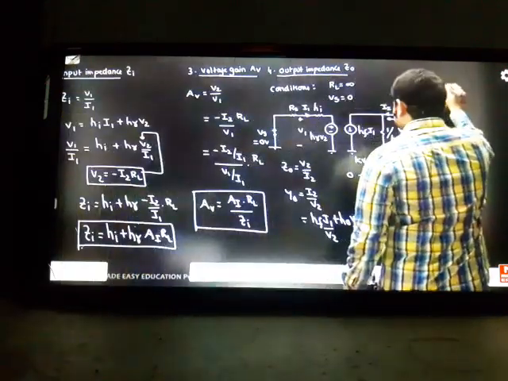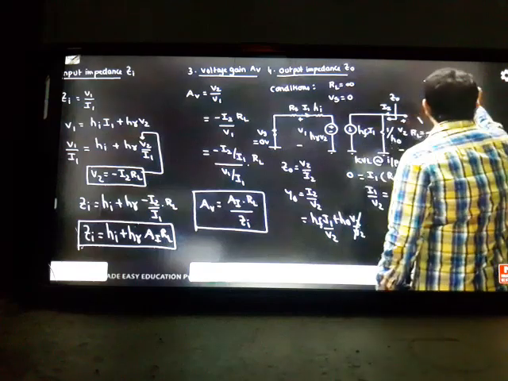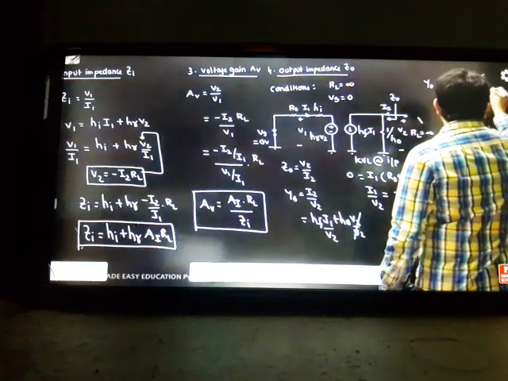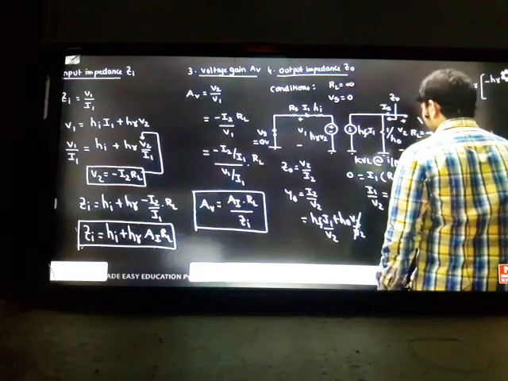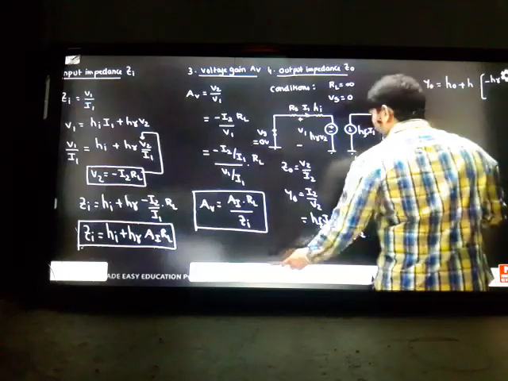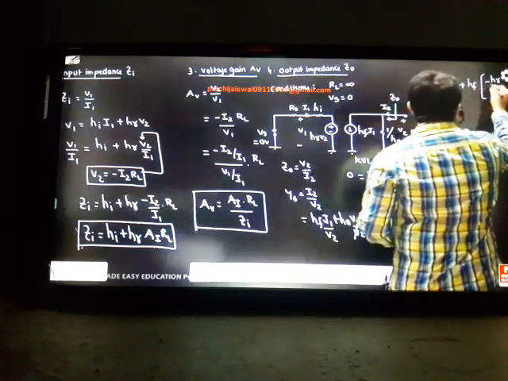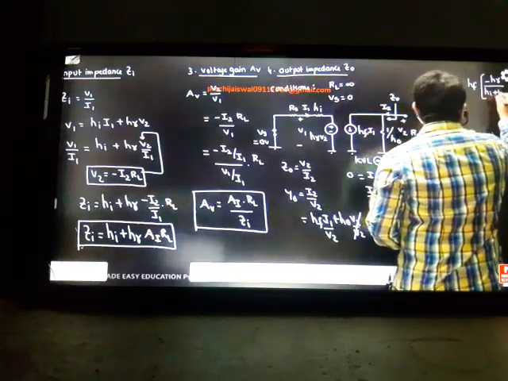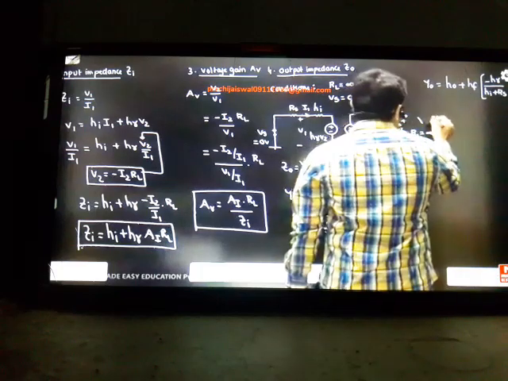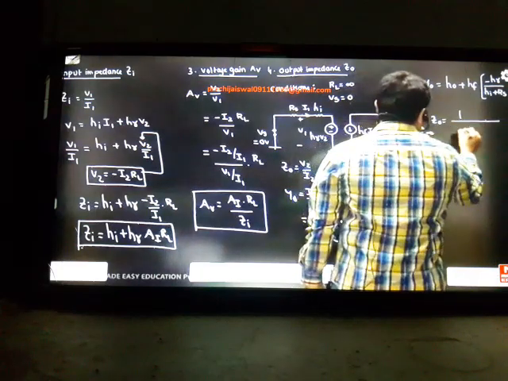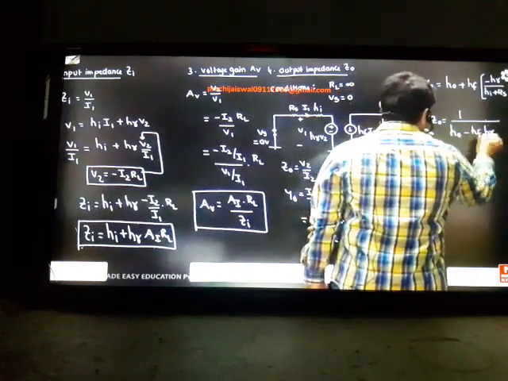Y naught formula is H naught, first you write H naught plus HF into minus HR. HF into, so this is HF. This is HF minus HR divided by HI plus RS. So this is the formula we are getting. Then what is Z naught here? It is 1 by H naught minus HF into HR divided by HI